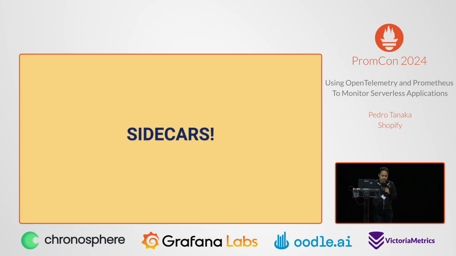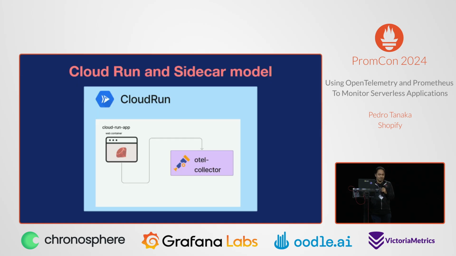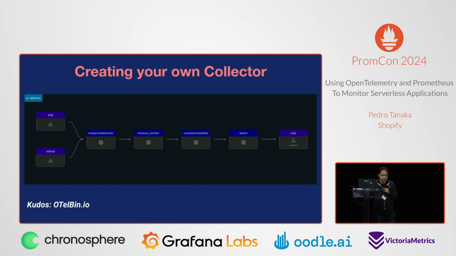And then Google came up with this sidecar model for Cloud Run, where you can simply run something alongside your application. So we thought, well, OTel is there. We have standards, and it also has this statsd receiver, which we could leverage. So that's what we did. And we came up with our